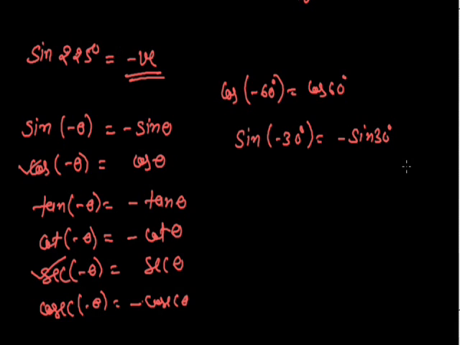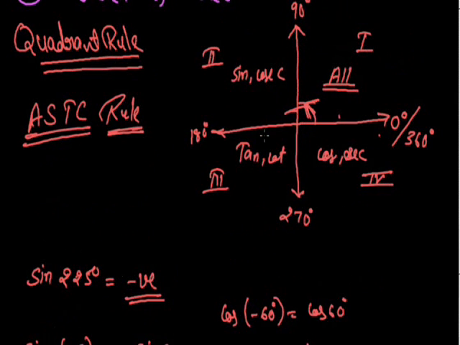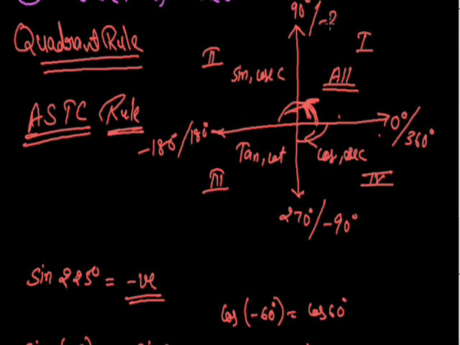Okay, the minus sign before the angle represents that we are going in clockwise direction from 0 degree. Here if we go in anti-clockwise direction, then theta is positive, and if we go in the clockwise direction, then theta will be negative. Here the theta will be minus 90 degree, here will be minus 180 degree, here will be minus 270 degree, and here will be minus 360 degree.